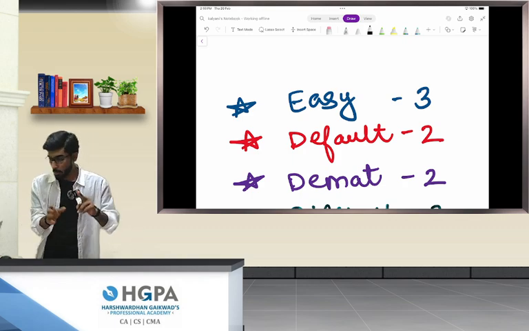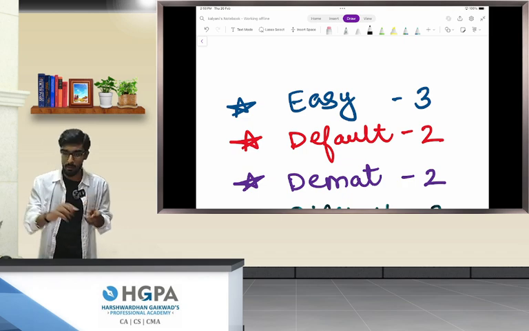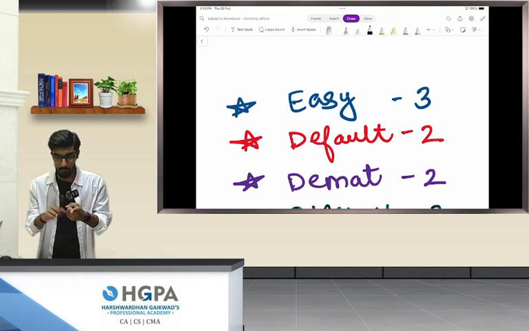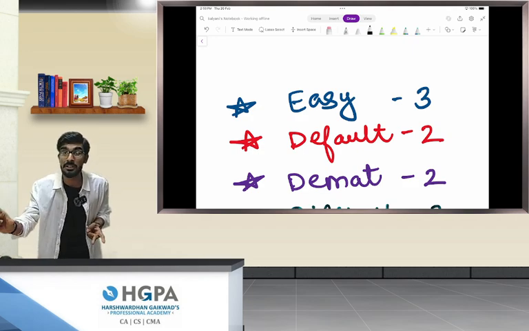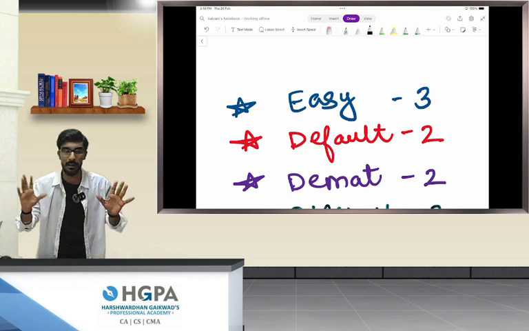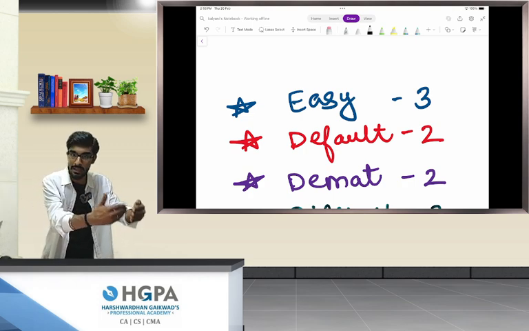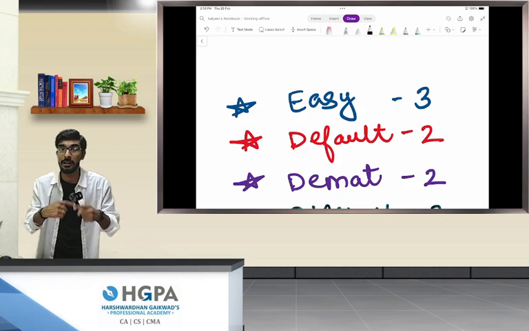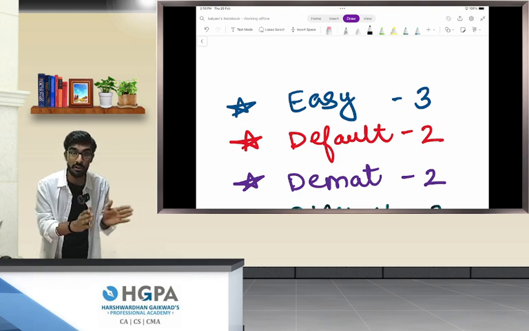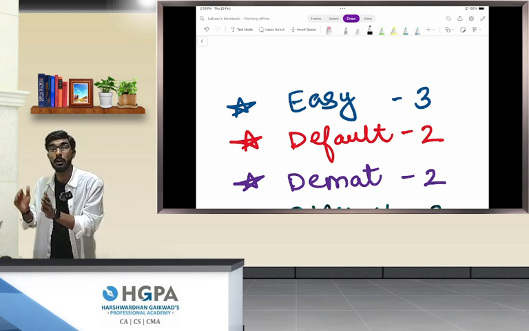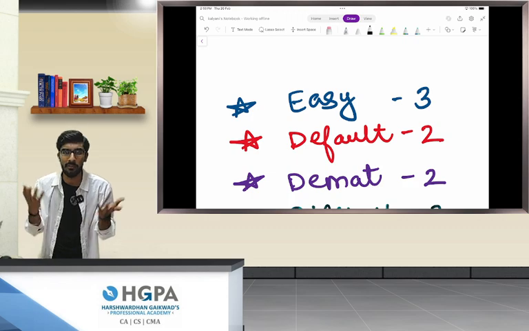Okay. 2 default related is over, now 2 demat. Promoter's shares should be held in demat form. Number 2 is agreement with the depository, NSDL or CDSL. Because it's listing its shares on NSE and BSE, the shares will be dealt with by the depository. So the depository will be dealing in demat electronic shares, so the company should ensure that the shares are in electronic form, as a matter of convenience.